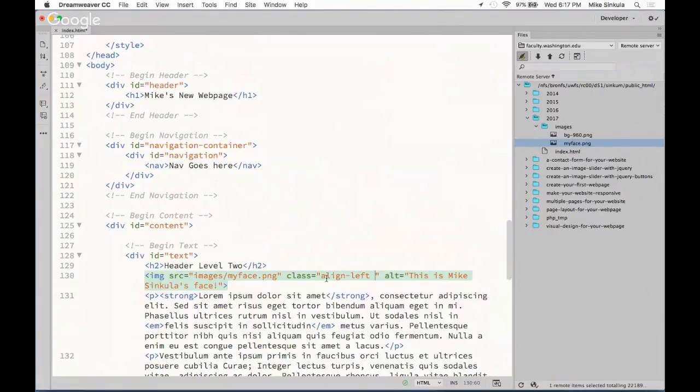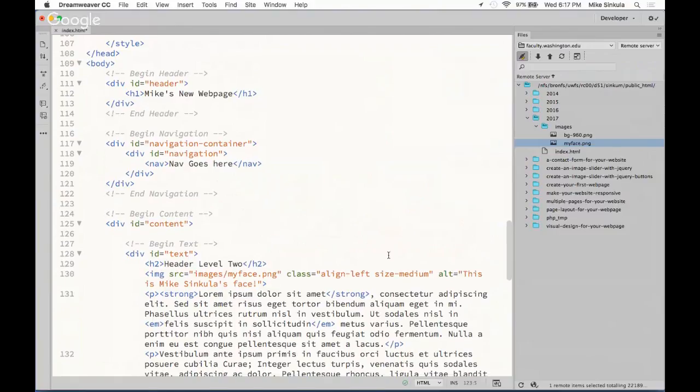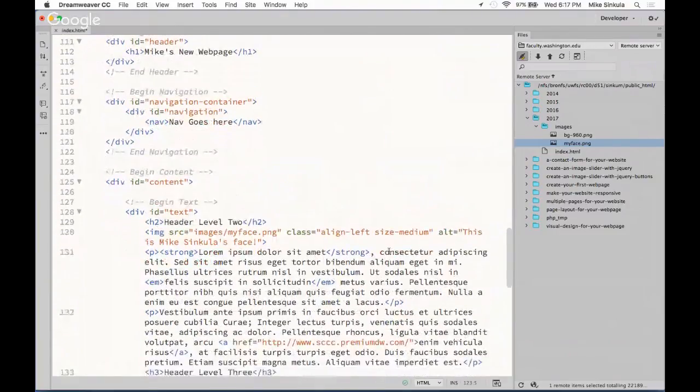And here's the good thing about classes, right? With classes, for an element, you can use multiple classes. So I can say size medium and align left, okay? You can't do that with IDs, though, as far as I know. I've never tried it. Maybe you can, and maybe it'll screw things up. But what I know is, in the world of web design and using classes,